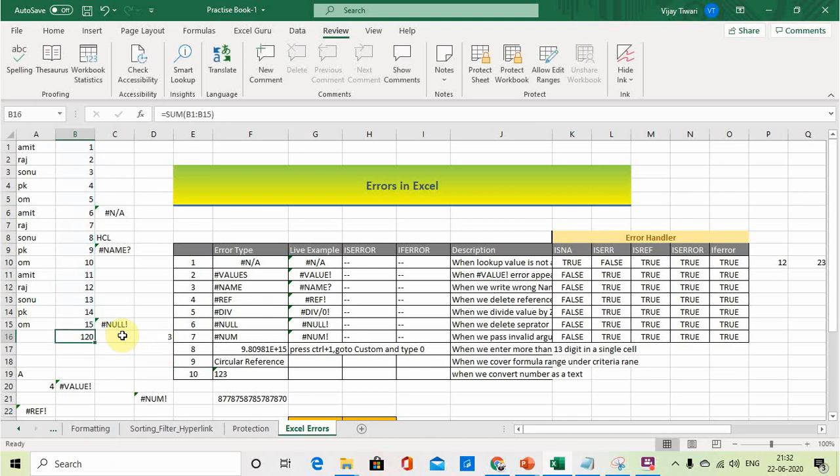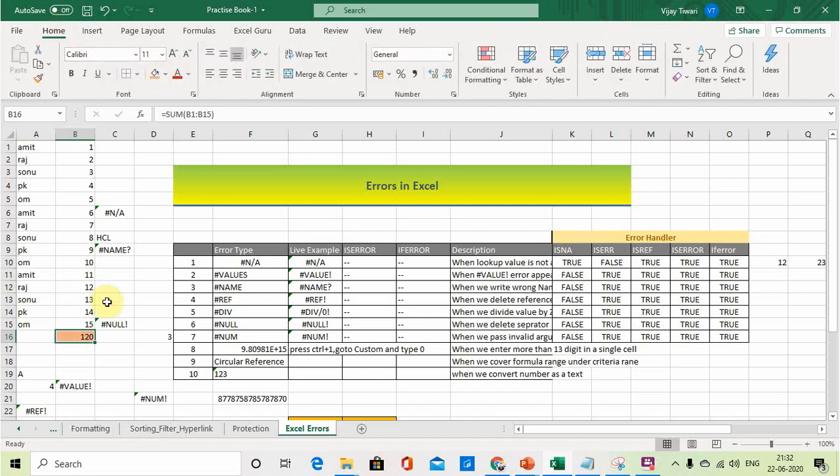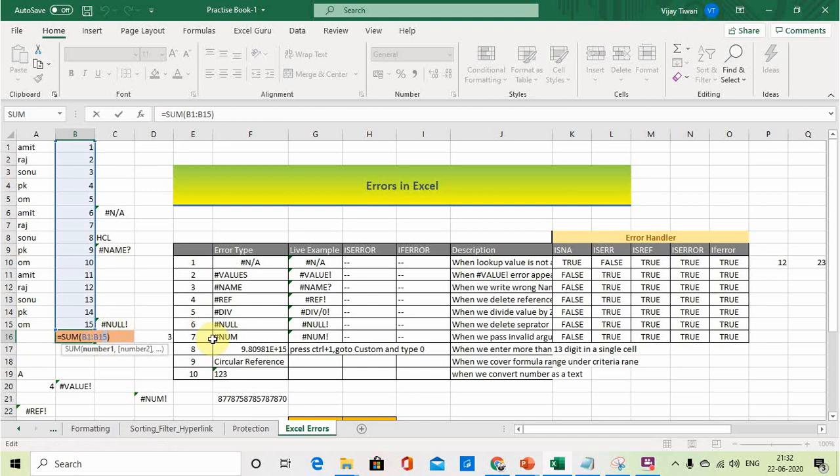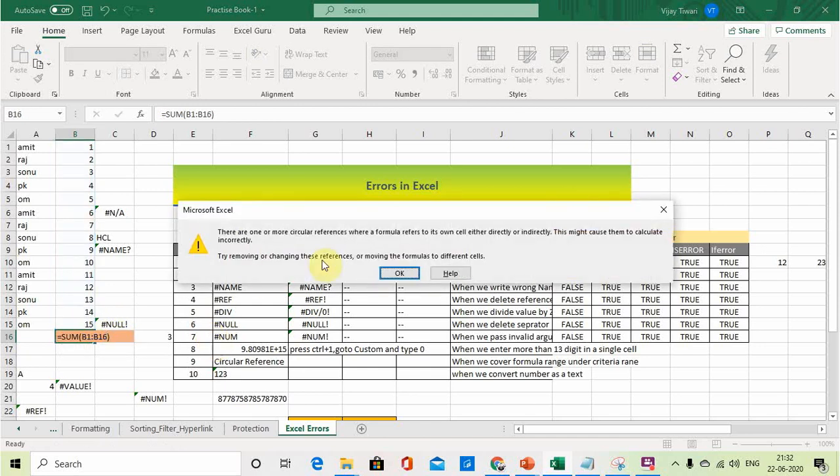What if you take the range from B1 to B15, and the formula is in the B16 cell? This cell number is B16. If I also take B16 in the range, B1 to B16, then see what it gives. You will receive this error dialog box.